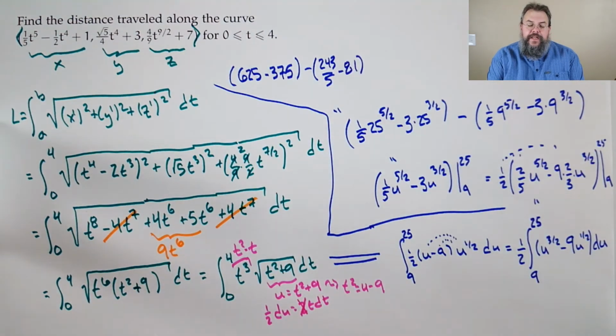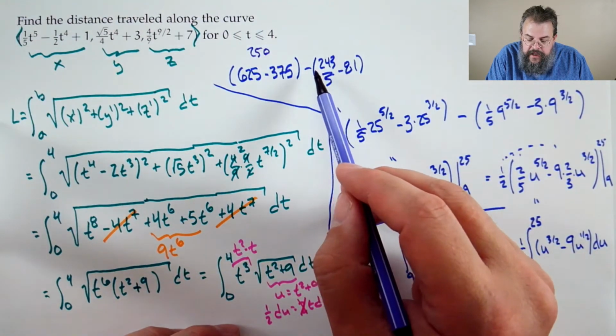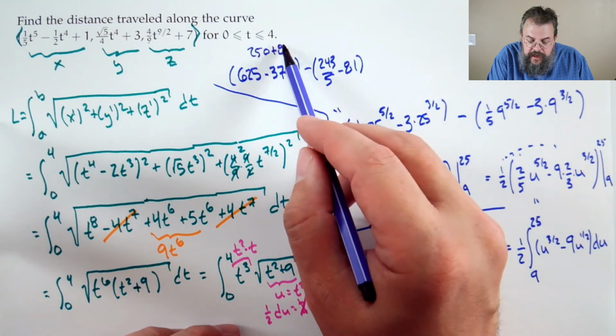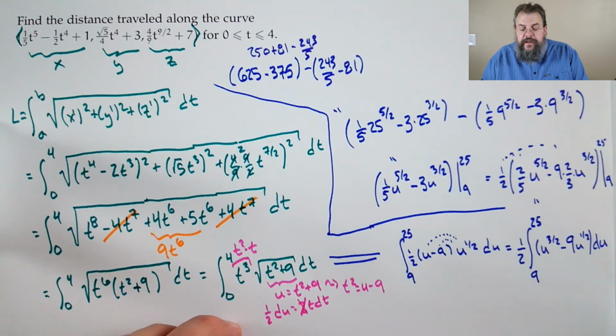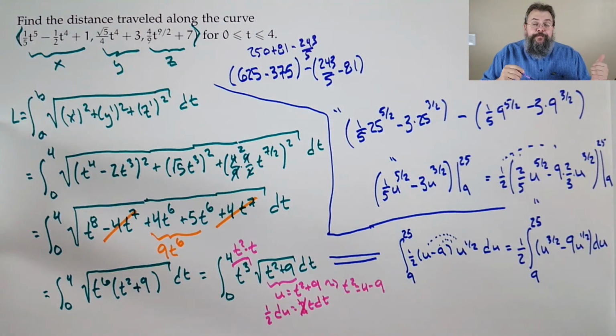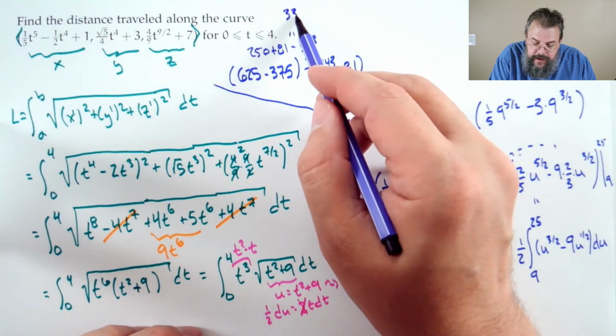You could have stopped. 625 minus 375. Well, that's 250. That's the difference between the two. So this first term here, there's a 250. Now minus minus makes a plus 81. Then subtract 243 over 5. 250 plus 81, 331. Yes? So that's 331 minus